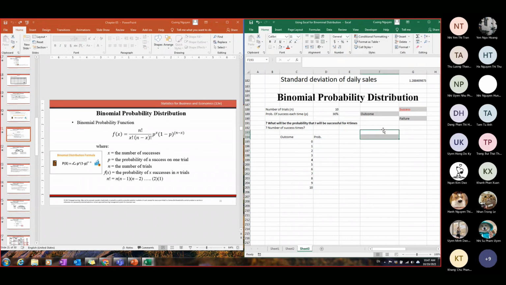We provide a function called binom. This will be the function we use to calculate all the possibilities. For example, what will be the probability that I am successful 4 times? Okay, and I use this function. So how do we do it? We use binom dot this, okay, and then number of trials, number S meaning number of successes. So this time I want to be successful 4 times. I put in trials. Trials means the number of trials. So I try 10 times.